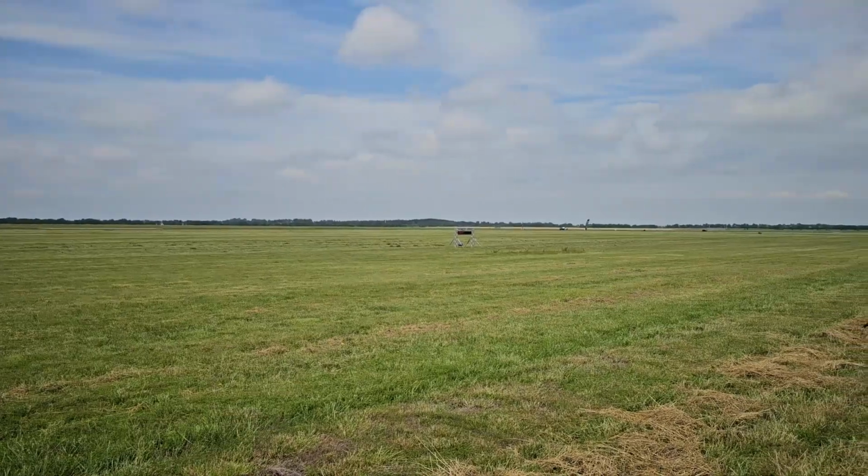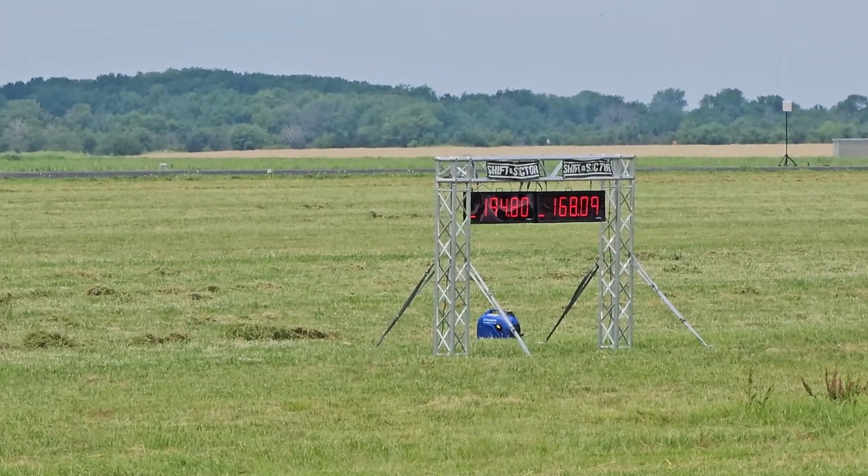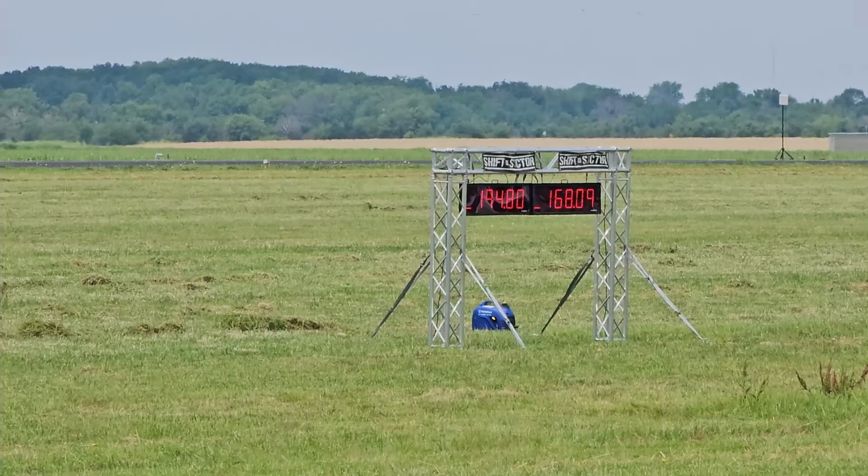In this Huracan, both of them look like they're at relatively good passes. Mile an hour